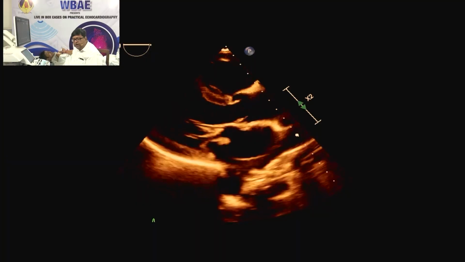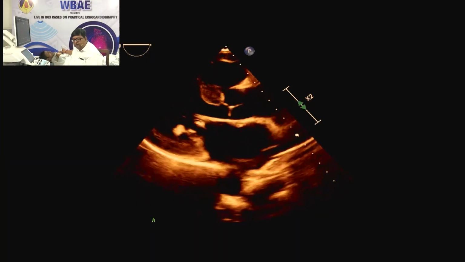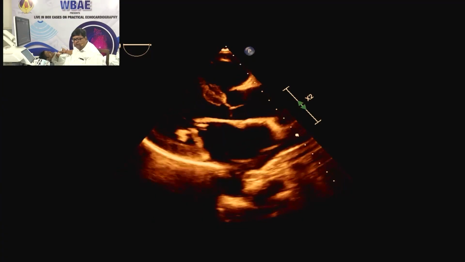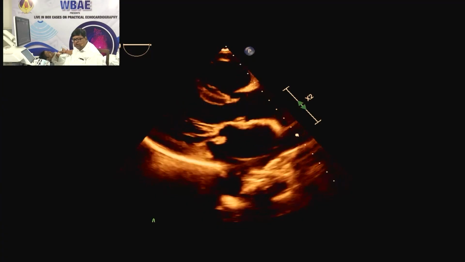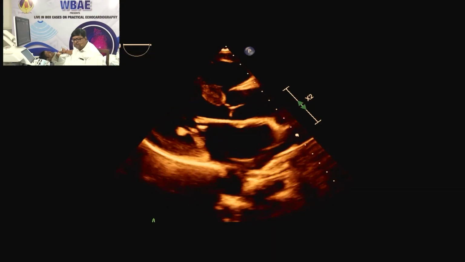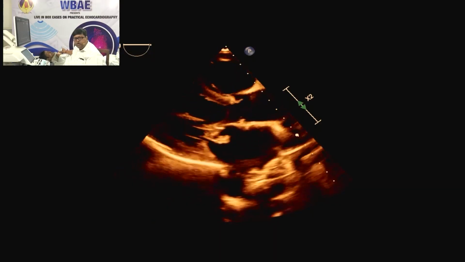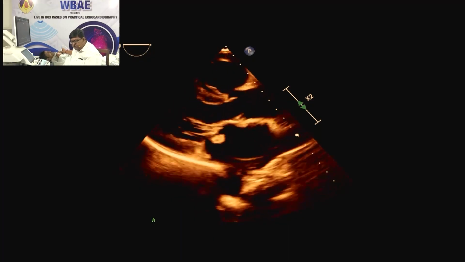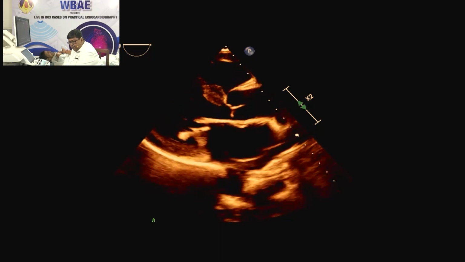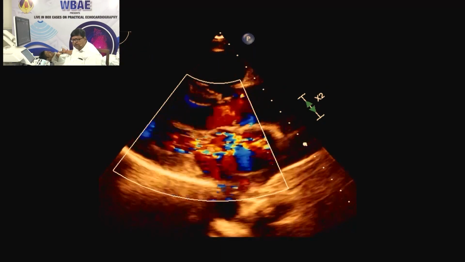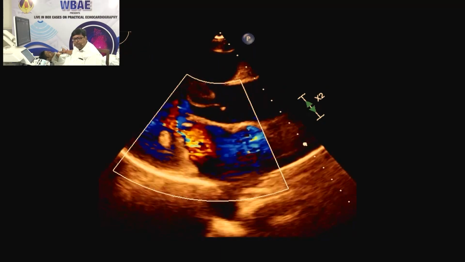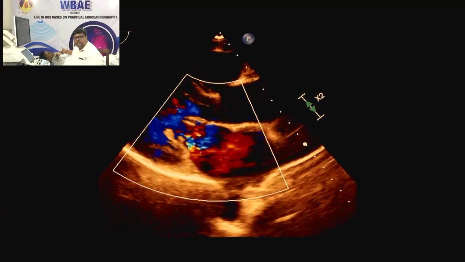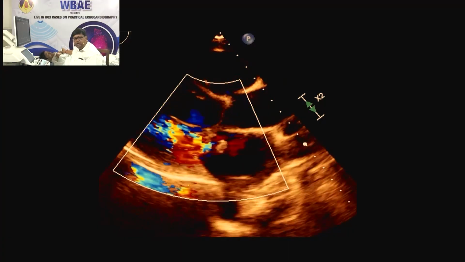very freely mobile, oscillating, and they are entering into LA in systole and prolapsing into LV in diastole. These are the features of the vegetations of mitral valve. And as we can see, these large mobile masses are resulting in a coaptation failure of the mitral leaflets, and as a result there is significant, in fact quite severe, mitral regurgitation, as we see in the color flow